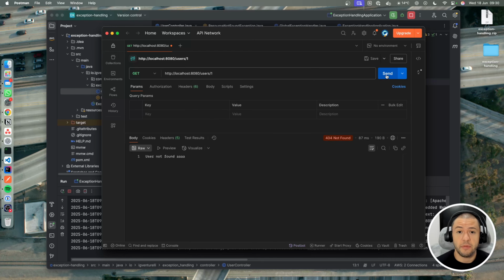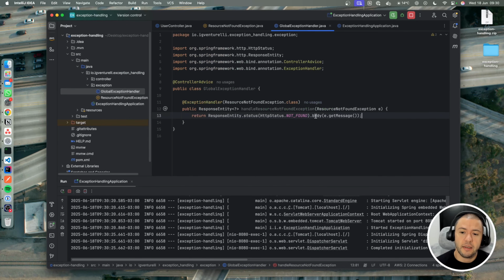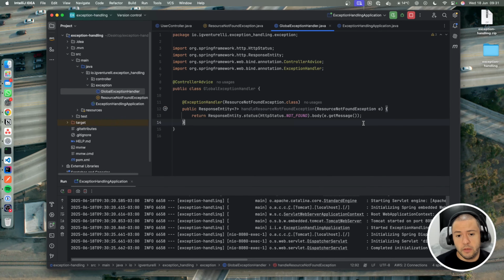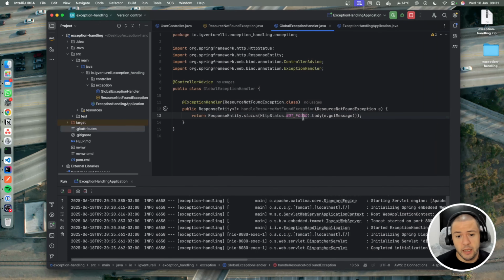And yeah, we have the response here, but can you see we responded here as a string, not a JSON. That's why we received that. You can see the status code is correct, but this is very bad. So here, to make this response better than just a raw string and return a JSON properly, we can define